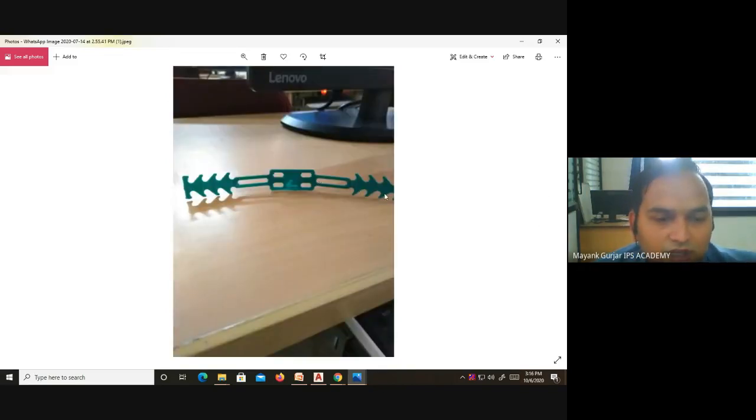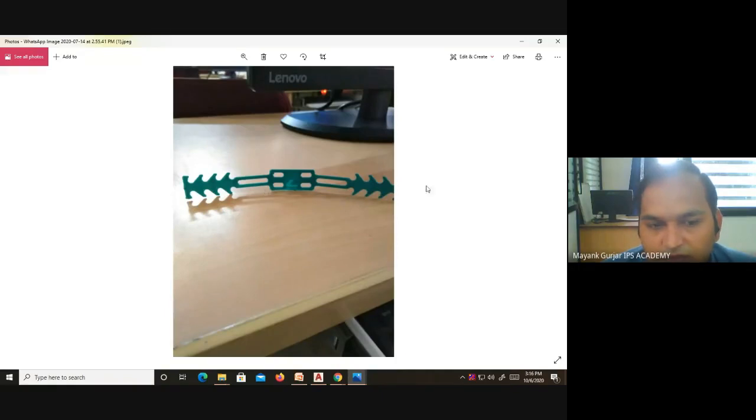This clip we have also printed using websites. We have not designed it, we have just downloaded it from the websites and printed it. During COVID-19 we were using masks, and this mask clip is used to adjust the band of the mask as per our fit.